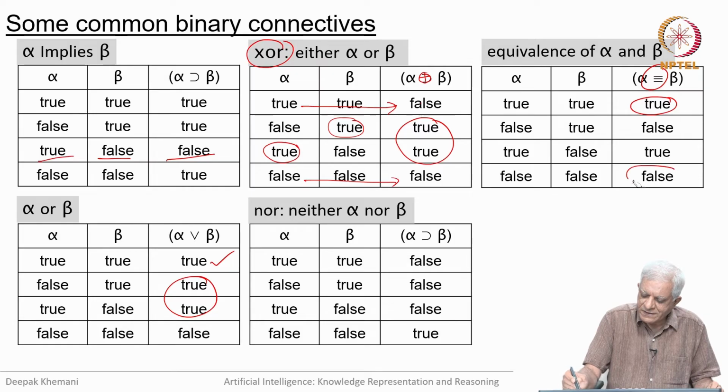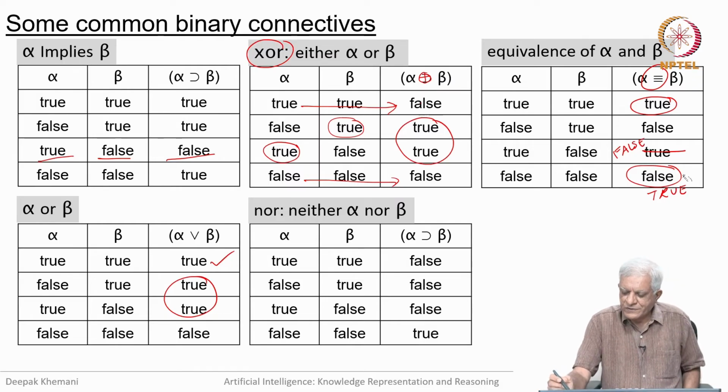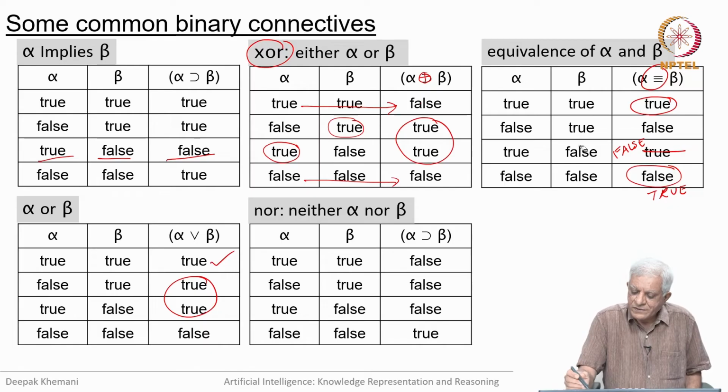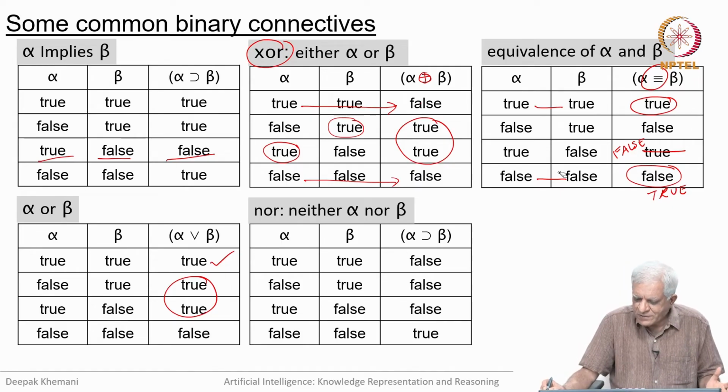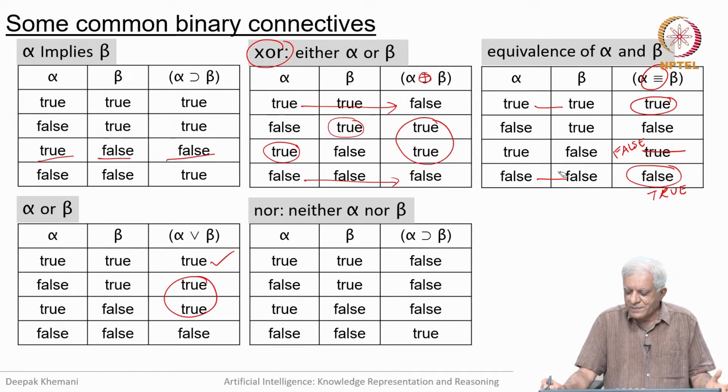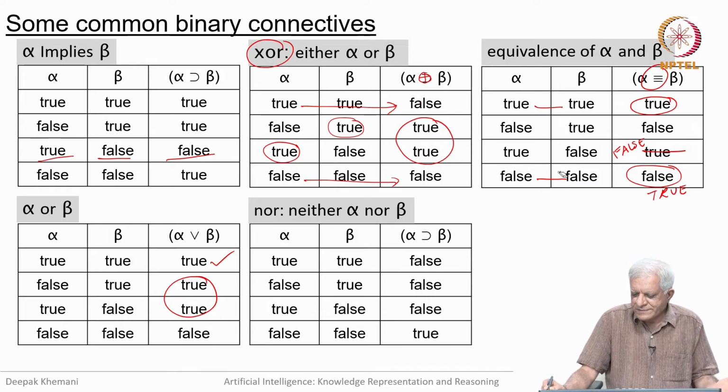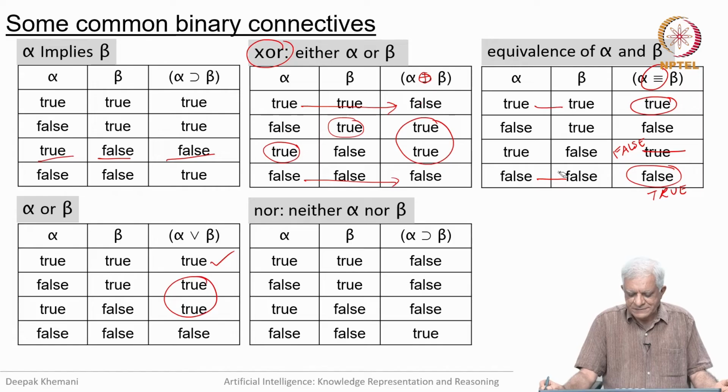Okay, here is an error again. This should be true and this should be false. So, the equivalence is true only when either both are true or both are false. In some sense, both are equivalent essentially. So, whenever the XOR is false, equivalence is true, and in some sense it is a negation of XOR essentially.